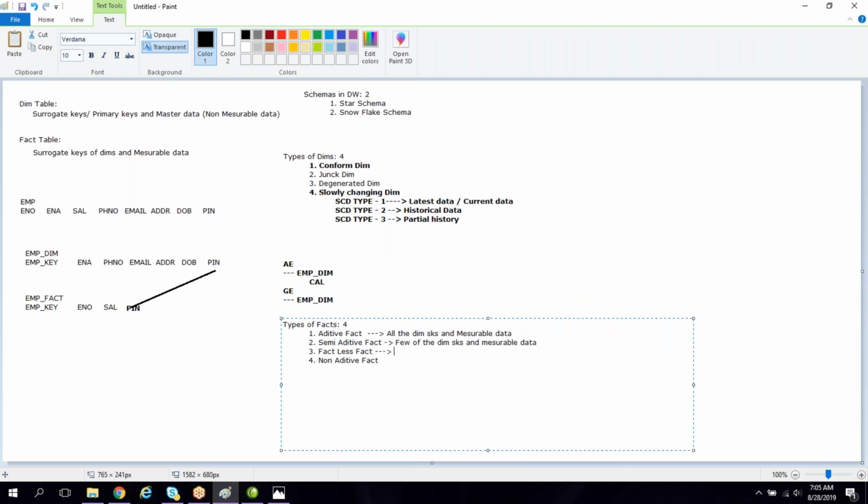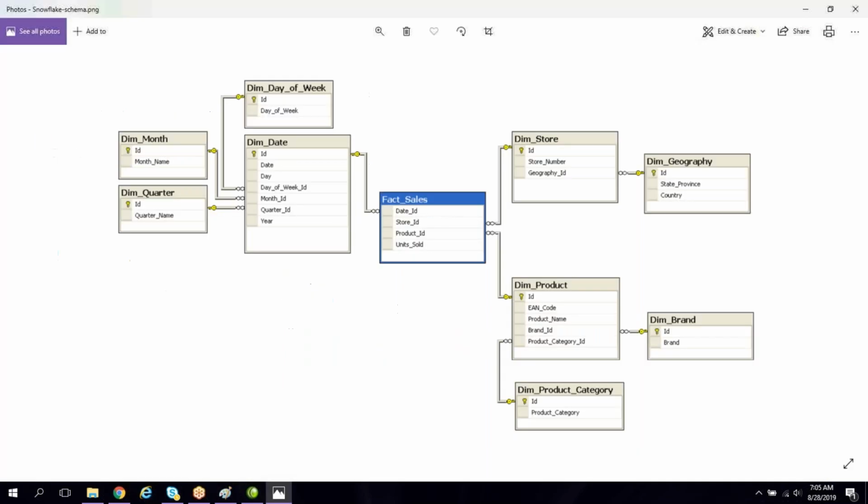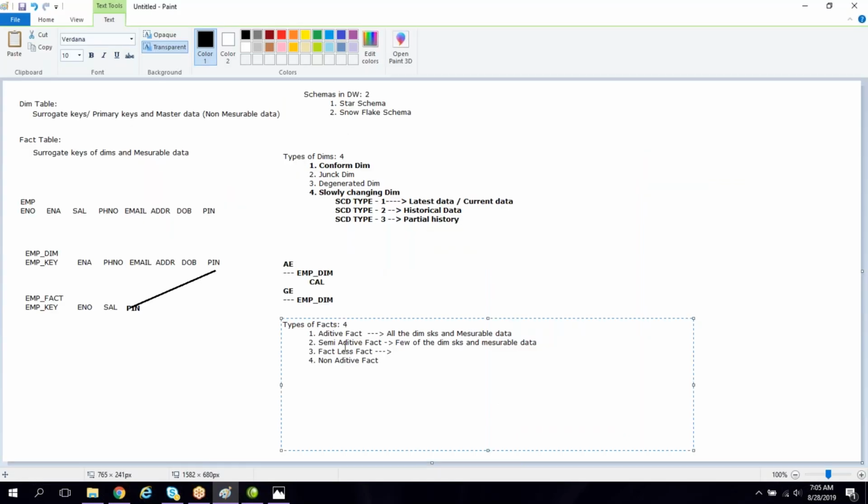Factless fact. Here, none of the dimension surrogate keys should be present. Okay, wait, hold on. So here, I will write this. Semi-additive fact, non-additive fact, and factless fact. Non-additive fact means none of the dimension surrogate keys should be present in the fact.